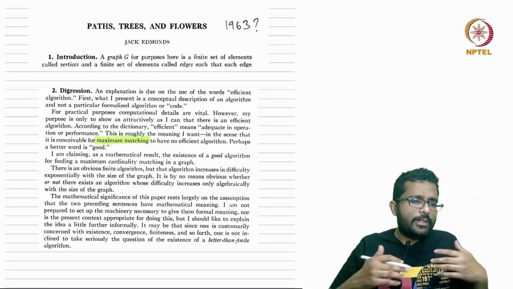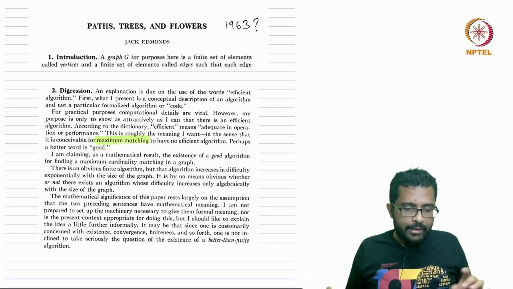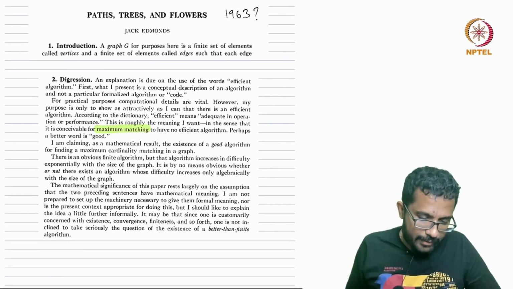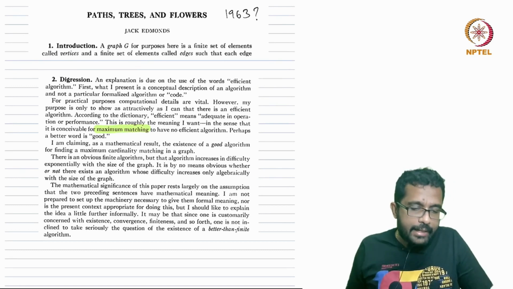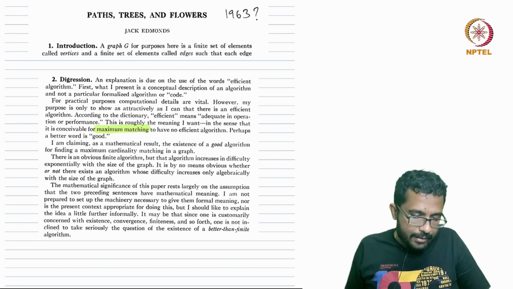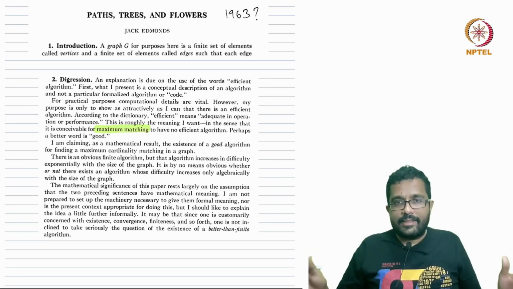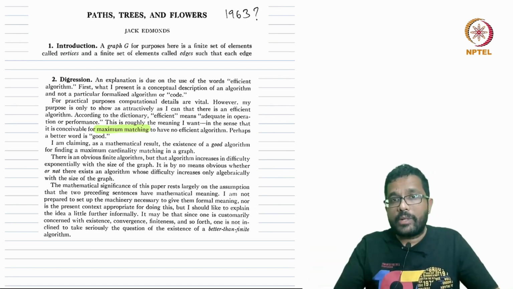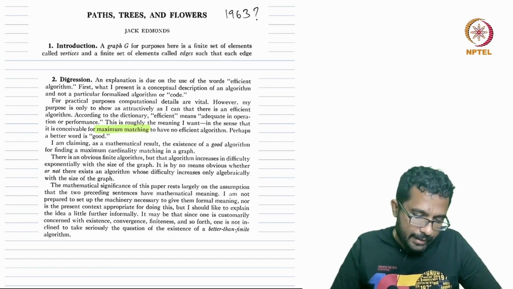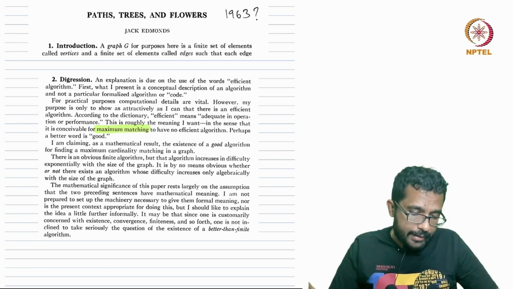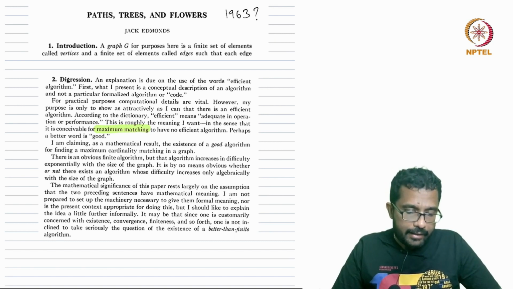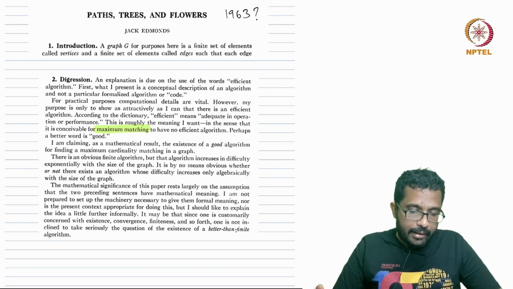But at the same time, he also did not want to spend too much time. So he just added a small section in his paper and called it digression. He says, I have to explain what I mean by efficient algorithm. It's just an algorithm, not a formalized program. The computational details are not vital. My purpose is only to show as attractively as I can that there is an efficient algorithm, and he goes